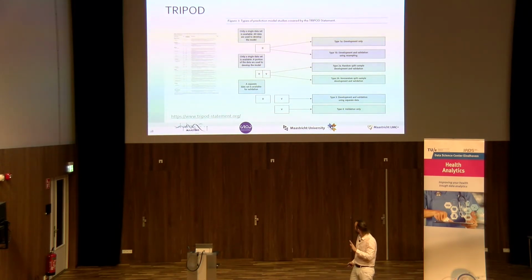What's even better, which we try to do at MAASTRO, is this. You have one hospital giving you a development set or a training set, and the other hospital giving you a validation set. So remember when I showed this Eurocat with Hasselt and Liège, you'd see that we learn on 4 centers and we validate it in the 5th, in Liège. That's called external validation. And so it's development and validation using separate data. That is what we want.